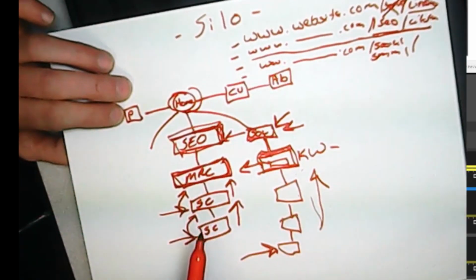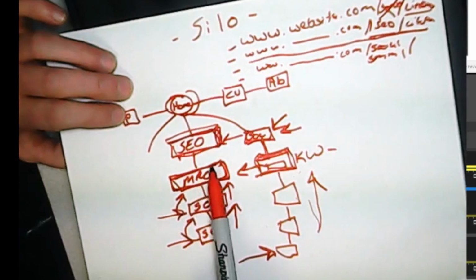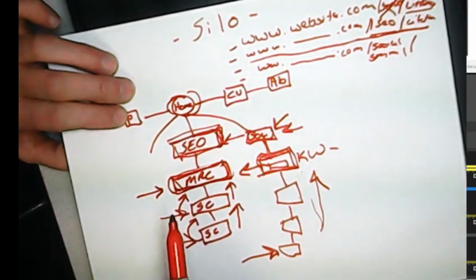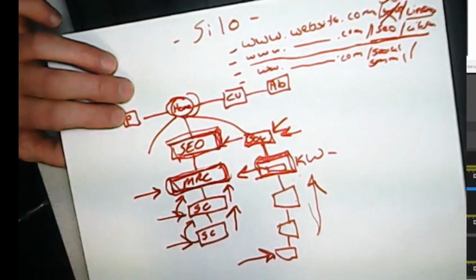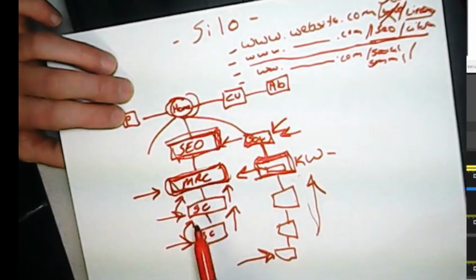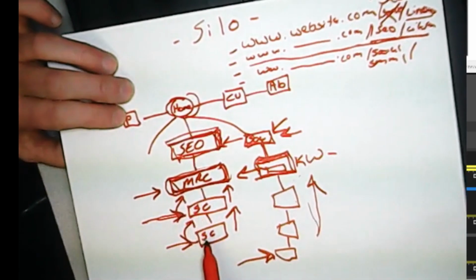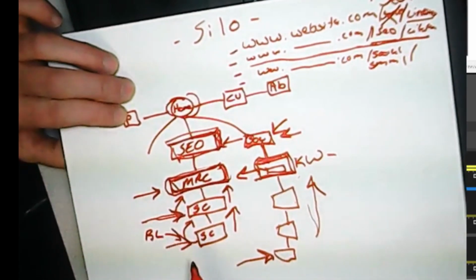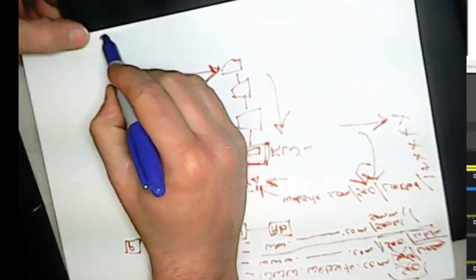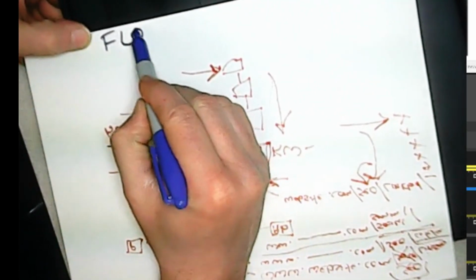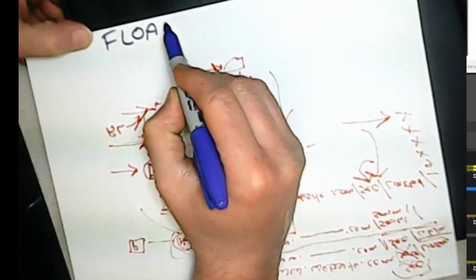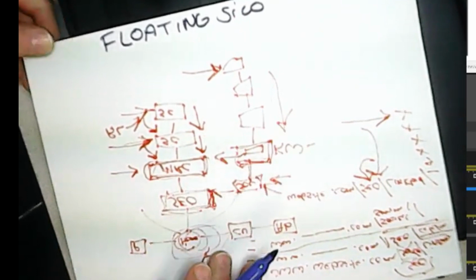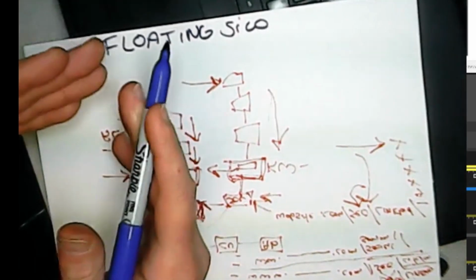Now, the benefit also is when you're building out and trying to rank this page, it's hard to build links to a main ranking page that is maybe a product or just a service. So you build informational content in your silo to build backlinks to. All right. Now, this is the floating, and I'm going to do this in blue so we don't get confused with what I have on the back. So this is the floating silo. Okay, so these are floating silos, and what makes them floating is